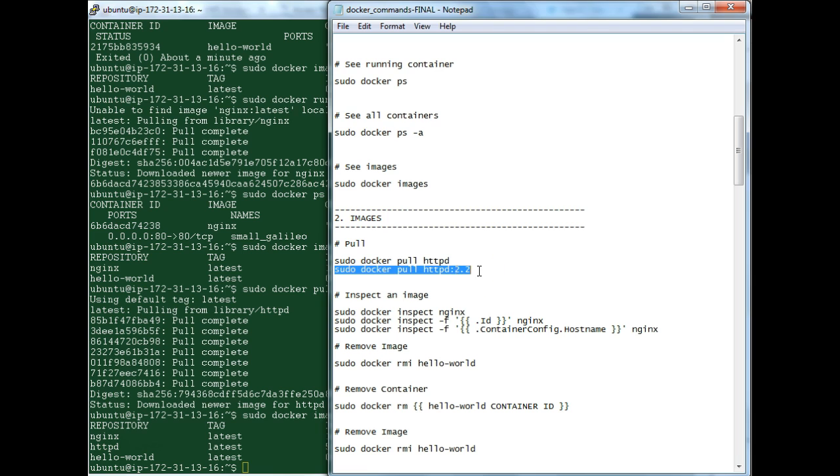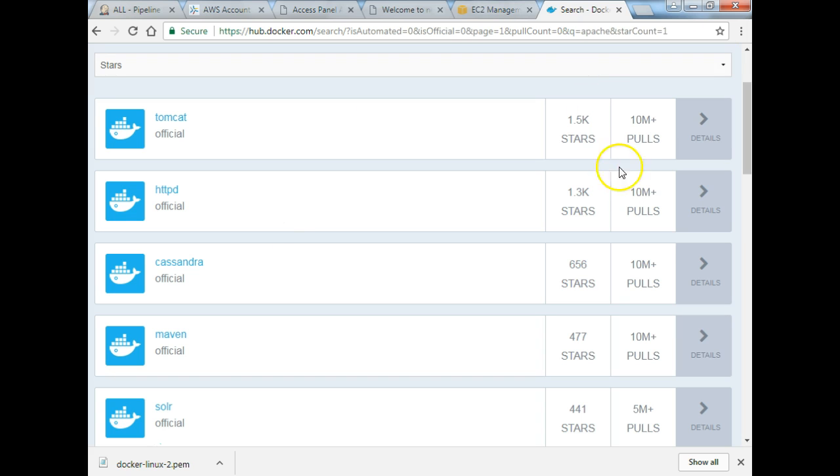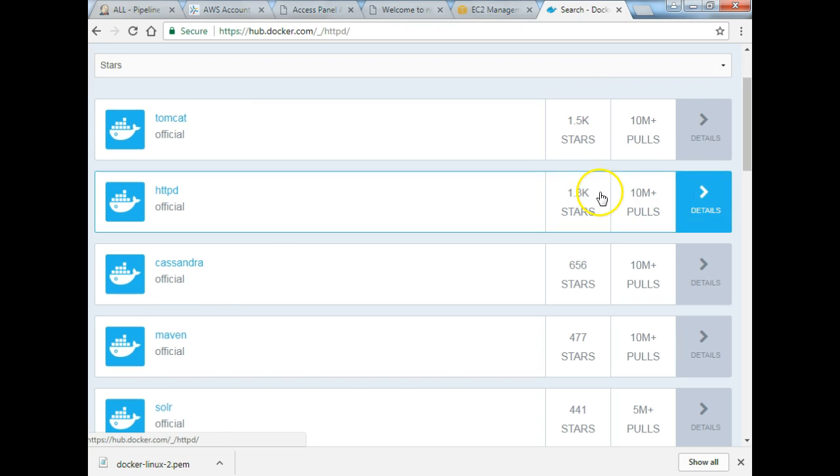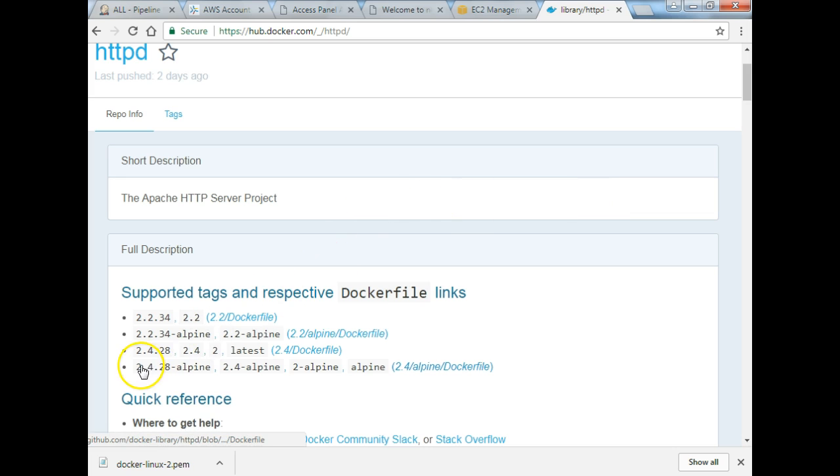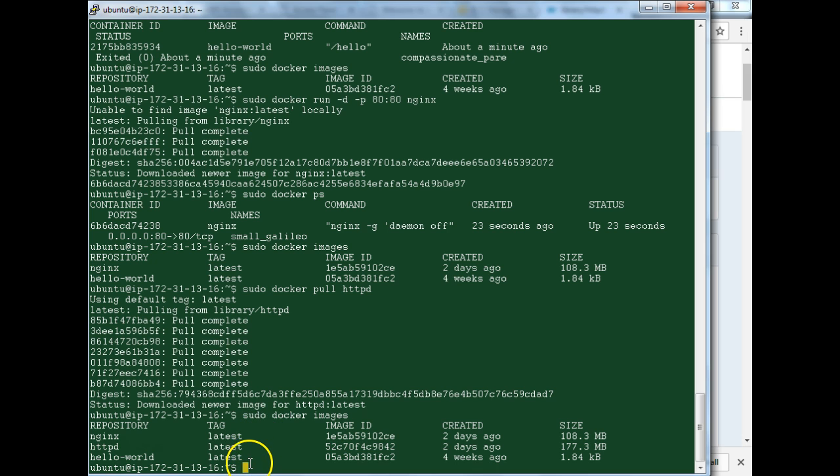So tagging is another concept in image land. You can tag an image with multiple tags, I believe. And this is how you can say, hey, I don't necessarily want the latest version of HTTPD. If we go into here, we see that we're up to like 2.4 or whatever. But if for whatever reason I wanted just the 2.2 version of it, I would have to specify that when I ran my docker pull command. Otherwise, I would probably get the latest. And so that's how tagging works in Docker, colon, and then whatever your tag name is going to be,